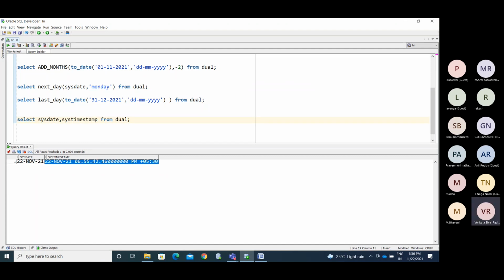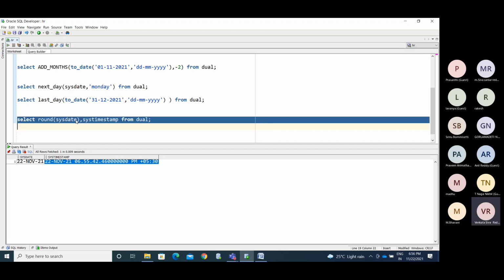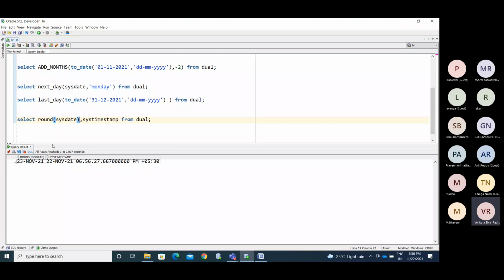Okay, now we'll see the round function and the trunc function. Round. Using round on the date will display the same. For sysdate, we get the date value, but you don't see any hours here.